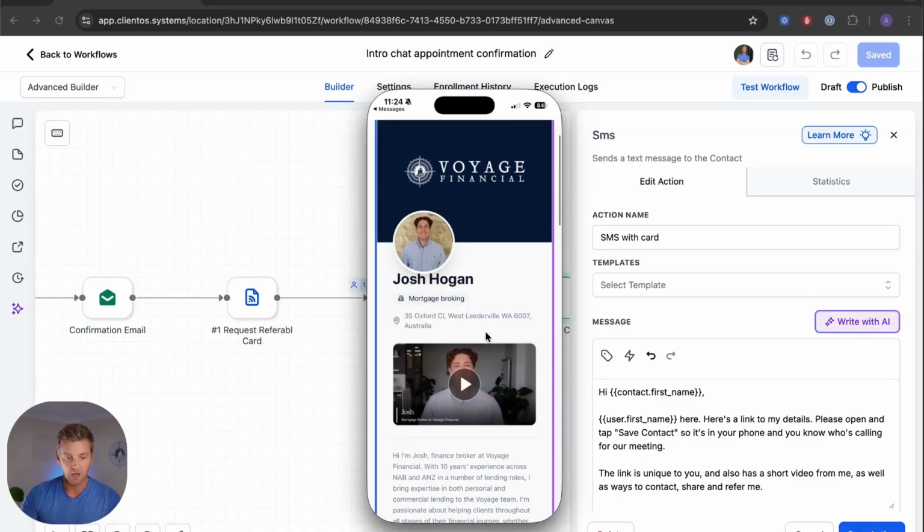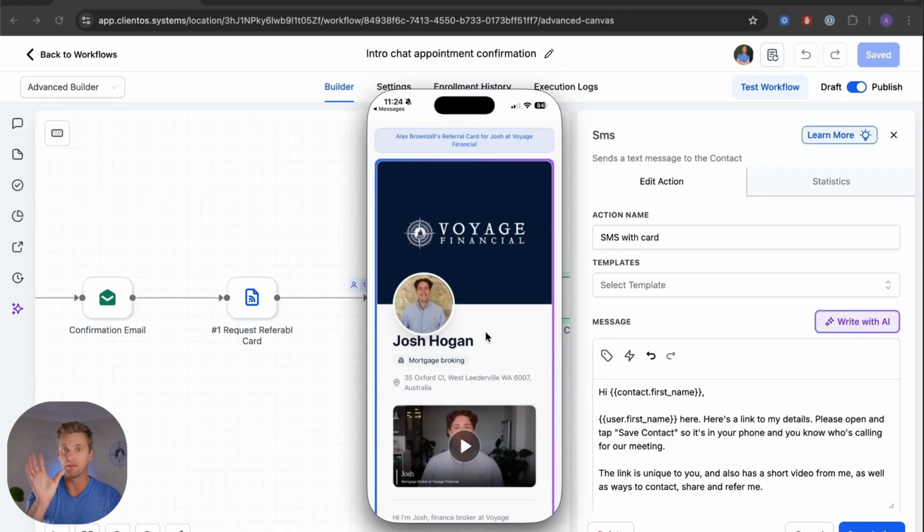But what this is designed to do is, on that first phone call, we are able to say, hey, did you get our contact details? Did you save me? Awesome. That card, and that link, is actually unique to you. So if you've got any friends or family who are interested in finance, or if we can help them in any way, you can refer someone directly to us